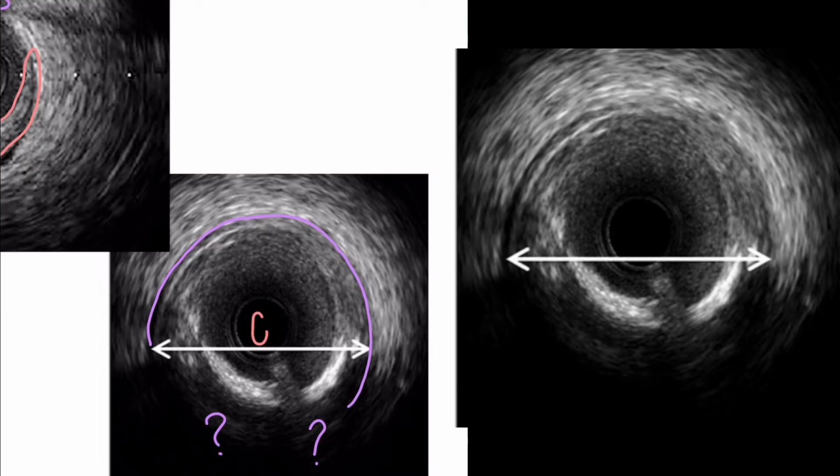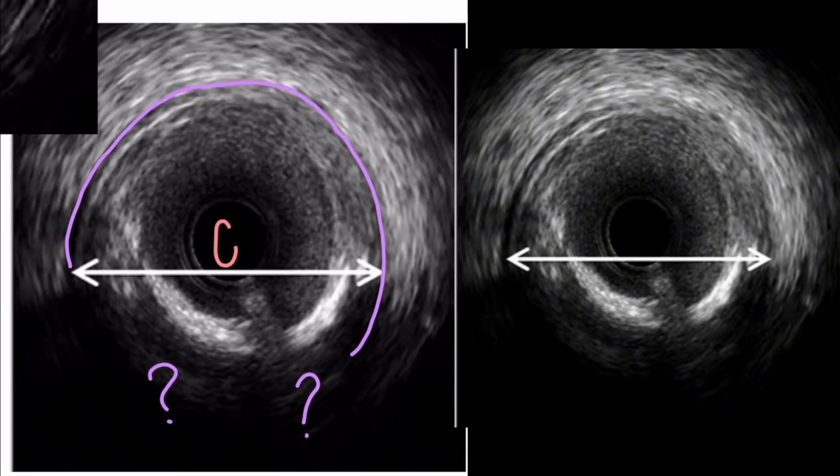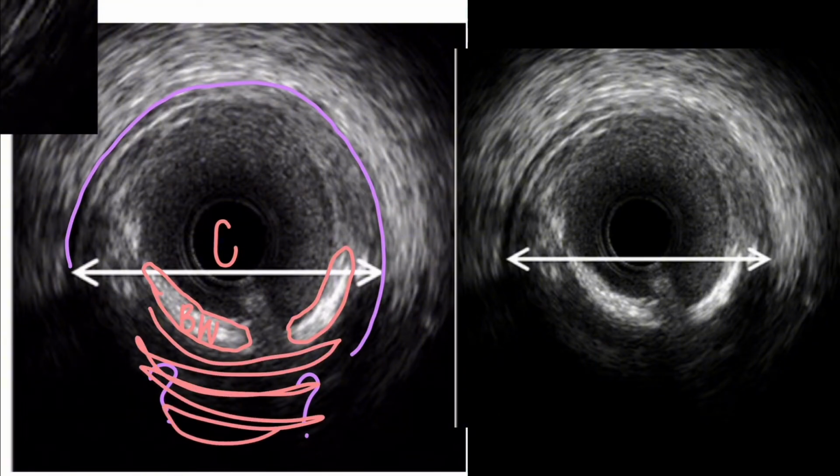Which is a telltale sign of calcium. Calcium on IVUS has to have two things. Number one, you see this bright white, correct? Okay, there is probably some here, but this is the wire artifact, so it blocks out that area, but it's definitely probably also there. So this is calcium, bright white, followed by acoustic shadowing, meaning I can't see anything behind it because it's so dense that the sound waves,